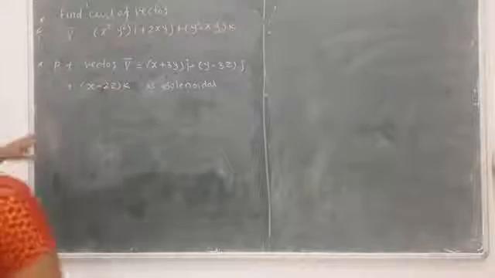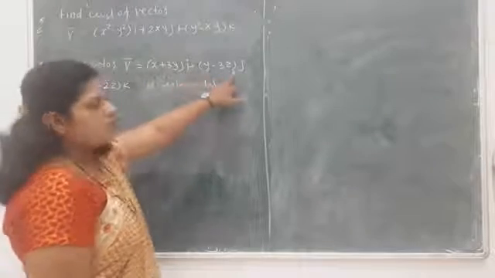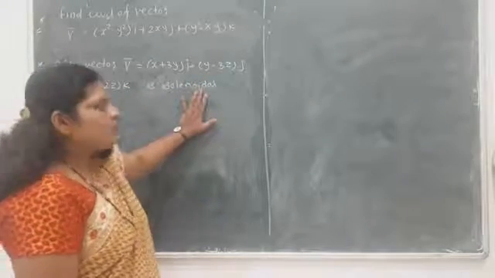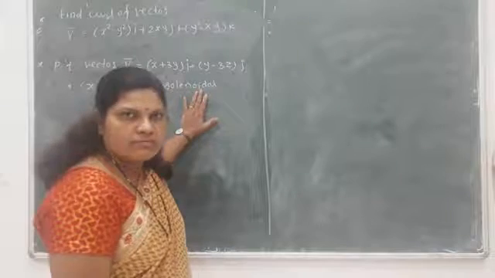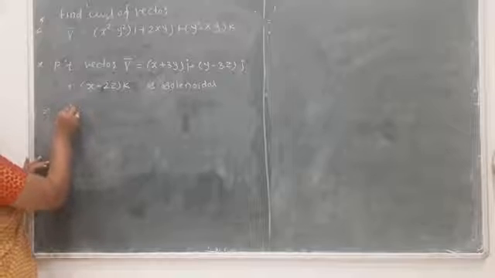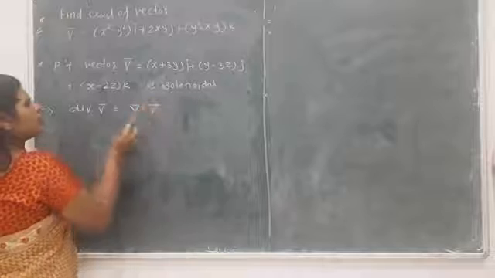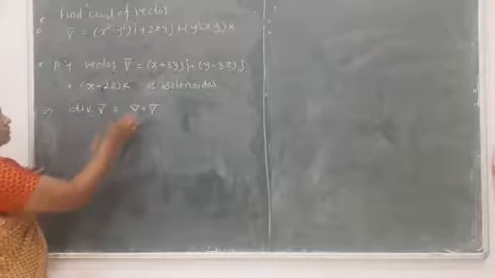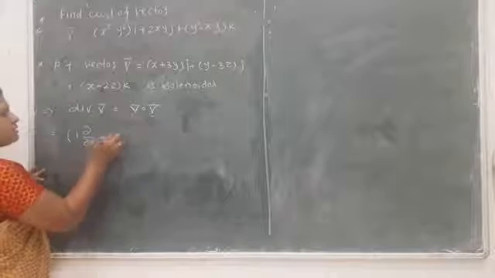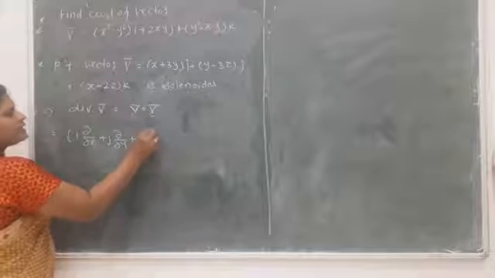Now we come to this problem, where we are given the vector v bar equals (x plus 3y)i plus (y minus 3z)j plus (x minus 2z)k, and we have to show that it is solenoidal. That means we have to show that the divergence of that vector should be equal to 0. So we consider the divergence of v bar. Symbolically it can be written as del dot v bar. We take its divergence, so we put the values one by one, that is i del by del x plus j del by del y plus k del by del z, and here is v bar.